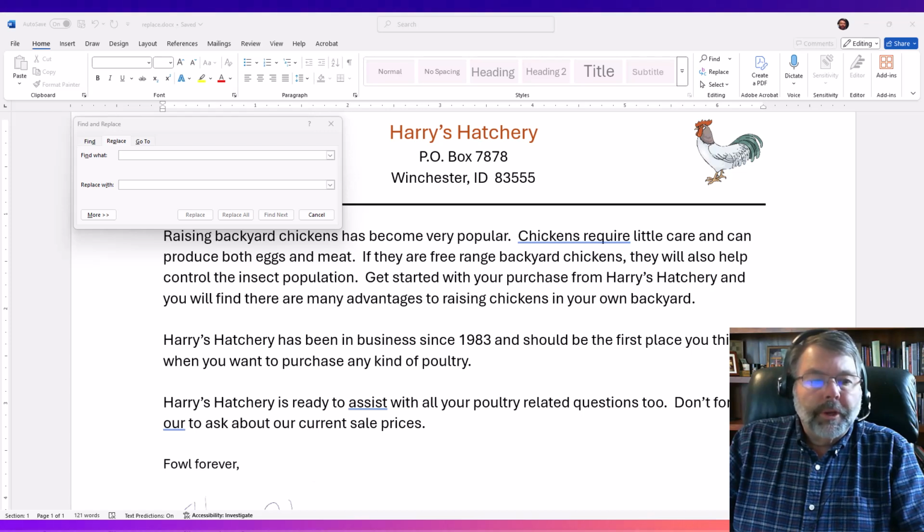Hello. In this video I'm going to show you that there's more than meets the eye to the find and replace command. There's a lot more power just lurking underneath a couple of buttons here. So as an example, we're going to be working with Harry's Hatchery, and we'll assume that we work for Harry,